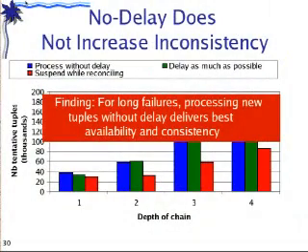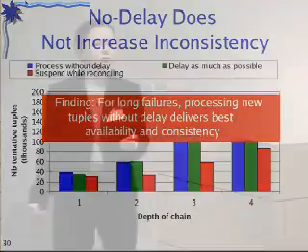But the second node is still in failure mode. It's still just correcting its input streams. So now, because the input tuples arrive without any more delay, rather than delay by 6 seconds, the node has to reduce and delay by only 3 seconds. So basically, the nodes are catching up. And they're catching up while processing more tuples because we are now reconciling. So this is why we get more tentative tuples on the output. So overall, for long failures, processing new tuples without delay gives us the best availability and consistency.